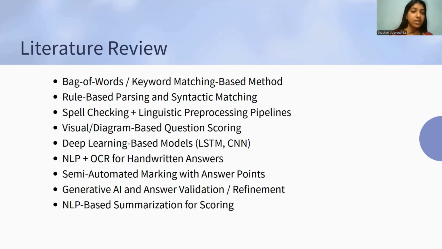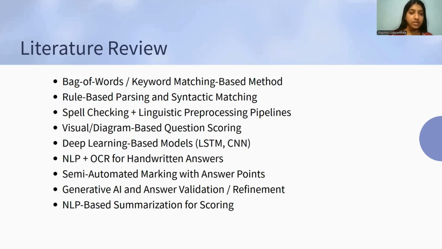We begin with the first one, the keyword and bag-of-words approach, which matches words between student and model answers. While easy to implement, they often fail when students use synonyms and paraphrasing. Another one is the rule-based parsing system, which goes a step further by analyzing grammar and sentence structure. Tools like the Stanford parser help to extract subject-verb-object relationships, but these methods often require manual configuration and struggle